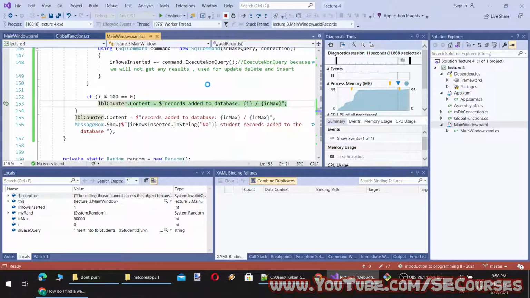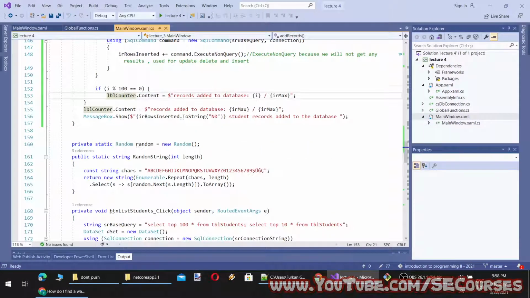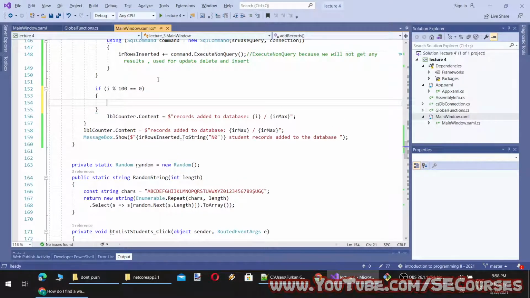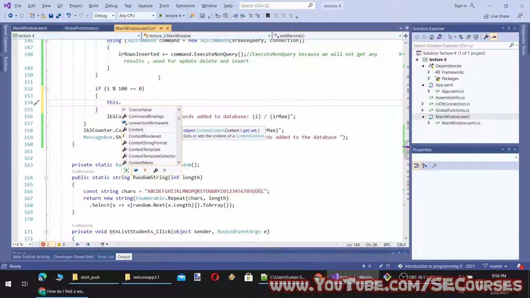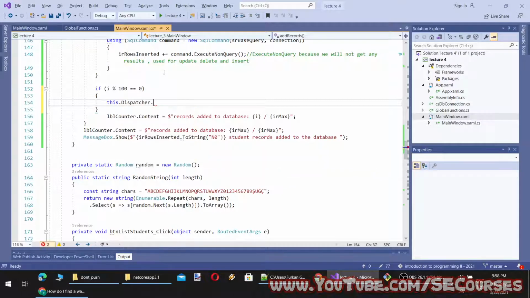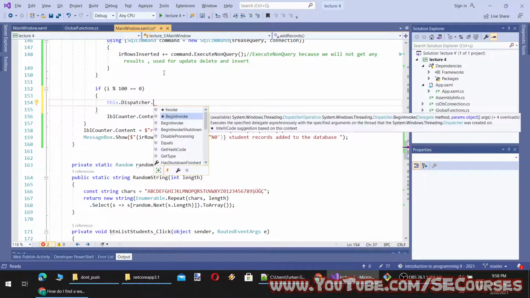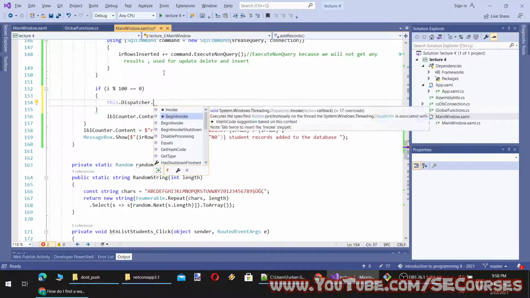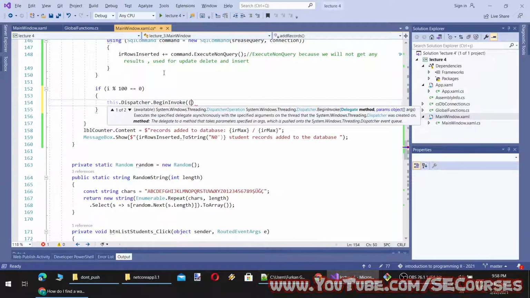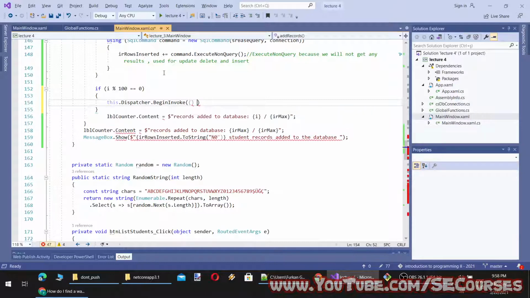So how do we fix this problem? We can fix this problem with this.Dispatcher.BeginInvoke. By the way, there is BeginInvoke and Invoke. When we use BeginInvoke, it is asynchronous, so it won't block the thread run.